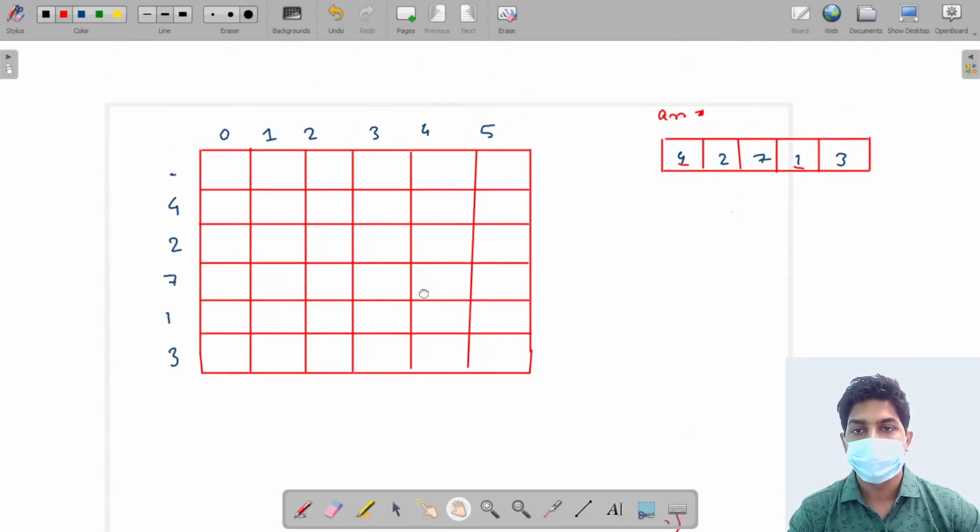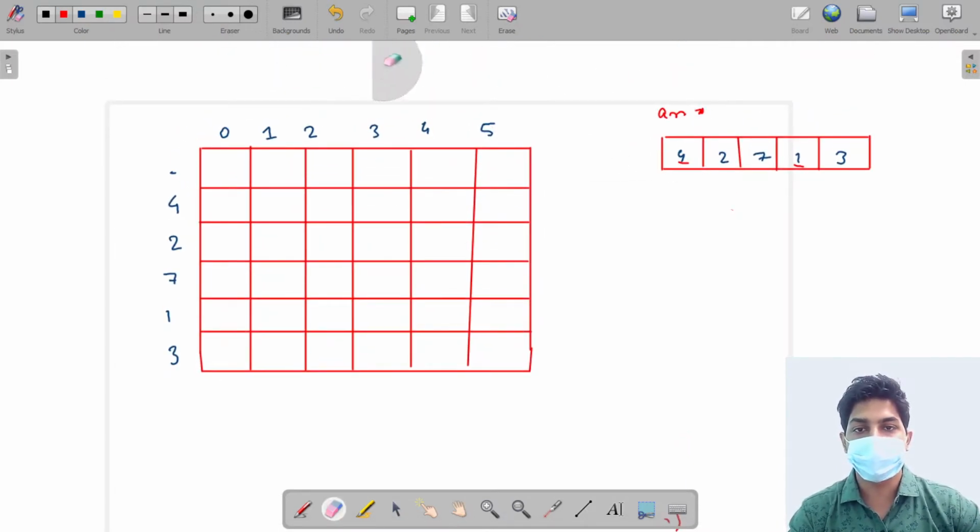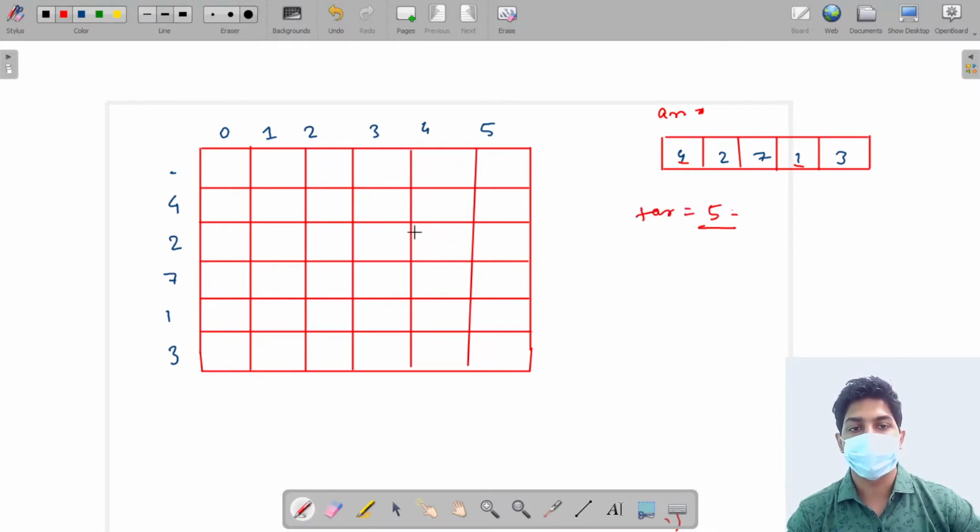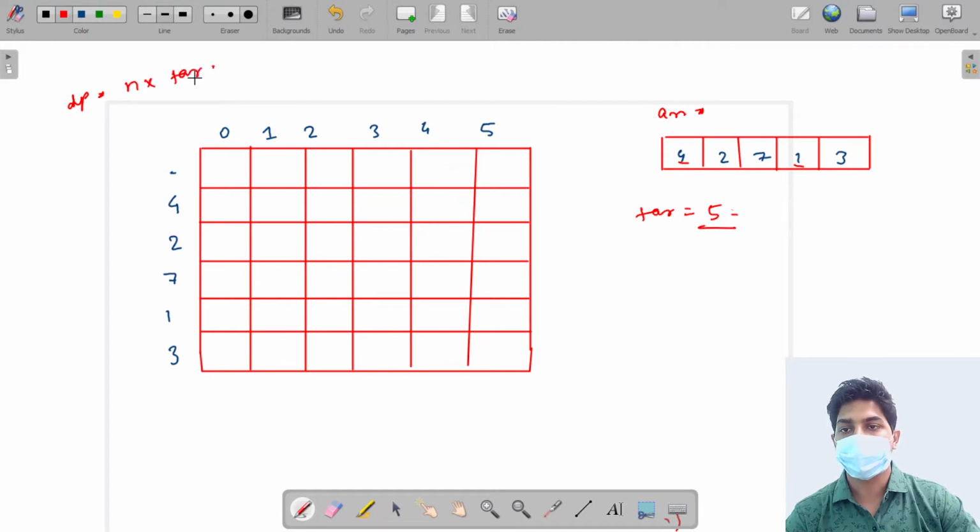Suppose we are given an array of numbers and a target. Suppose the target in this case is 5. We will make a DP array of size n cross target, where n is the number of elements in the array and target is the target which we want to achieve.